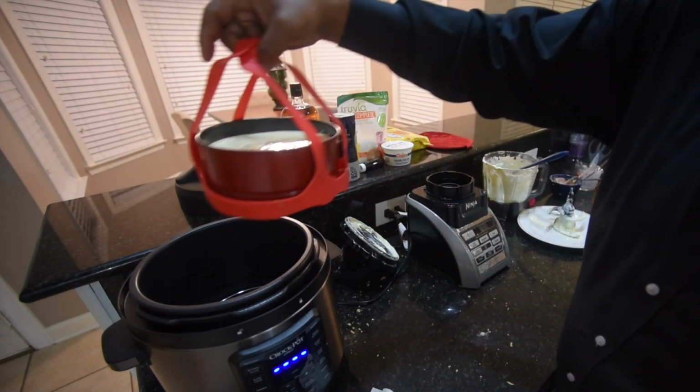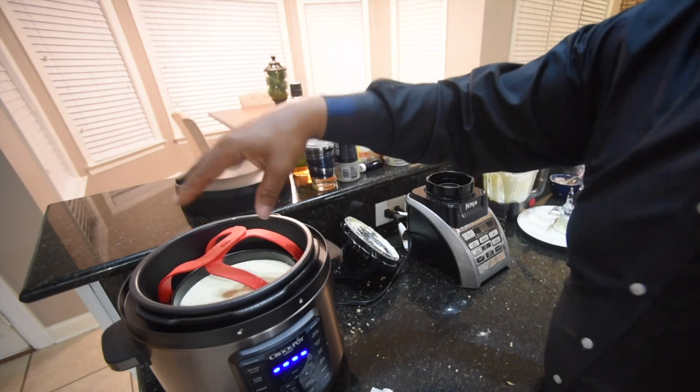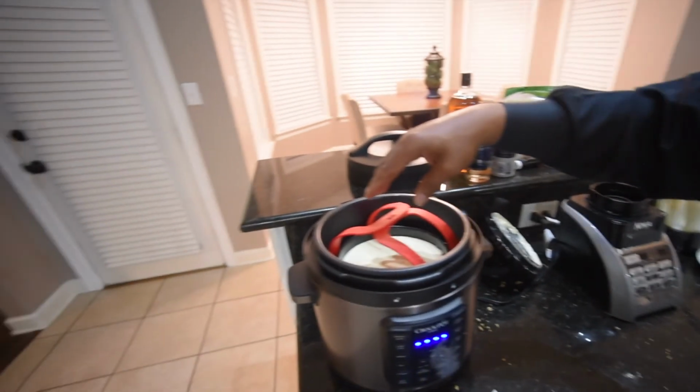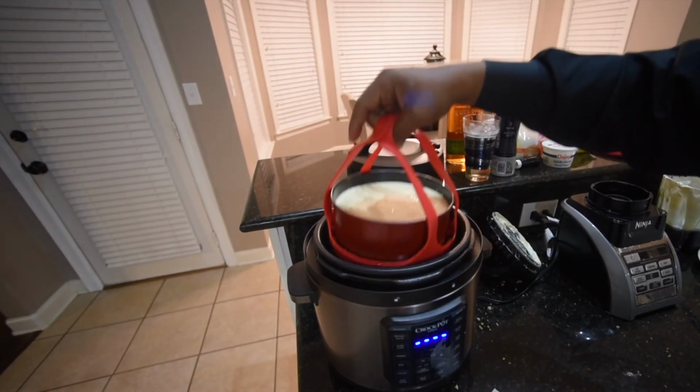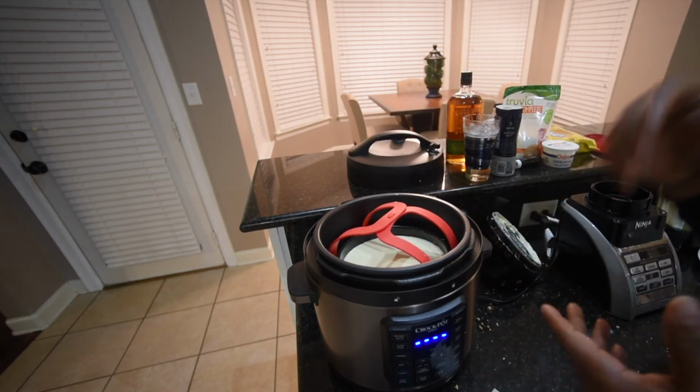This just works out really great so that you can lower it in, and that's great when it's time to get out. Because let's do that again. This is just great when it's time to get out. But if you don't buy this little thing, but hey, I'm gonna do a better job thanks to my alum